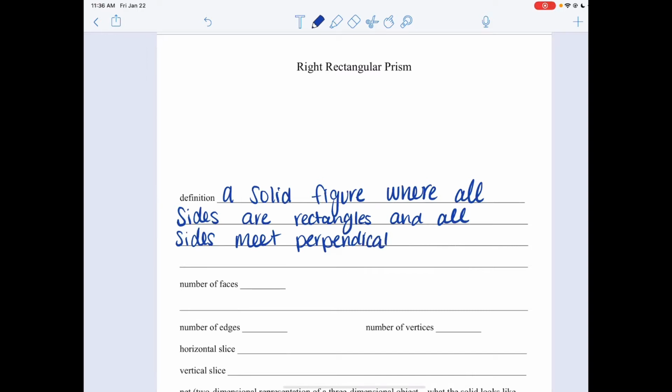Okay, and I'm going to go ahead and let me spell this correctly first. I'm going to go ahead and sketch a right rectangular prism as well to show you what I